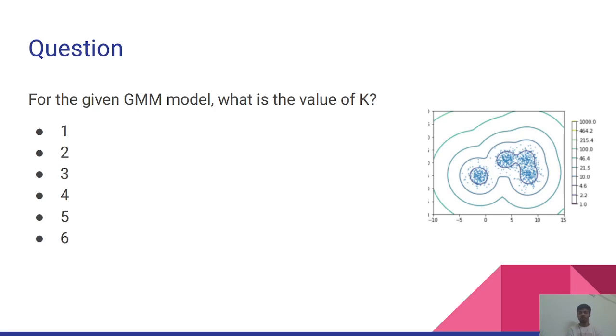Okay, so basically the correct answer is 4. And how do we find the clusters? At first you can see this one is one cluster, and this one is another cluster, this one is another cluster, and this one is another cluster, right? If you consider the Gaussians, you can see